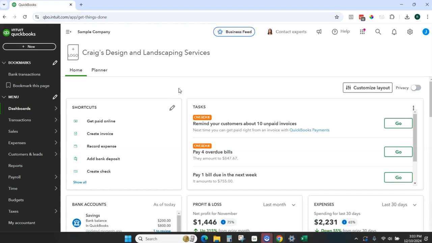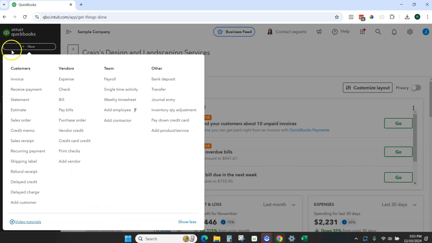Now it's time to start talking about how we record our money in transactions in QuickBooks Online. So if you click on this plus new menu, you have this menu item here, this first column called customers. And so there are several different ways that money can come into QuickBooks. If your client invoices customers, or if you're a small business owner using this and you invoice customers, that's one